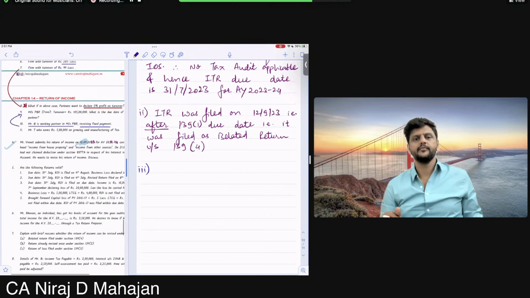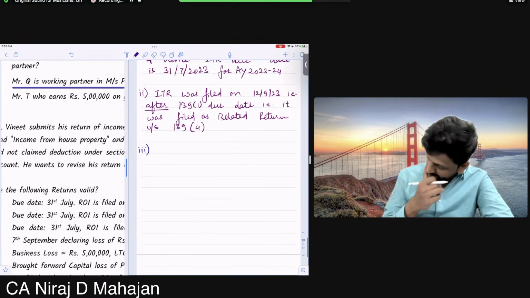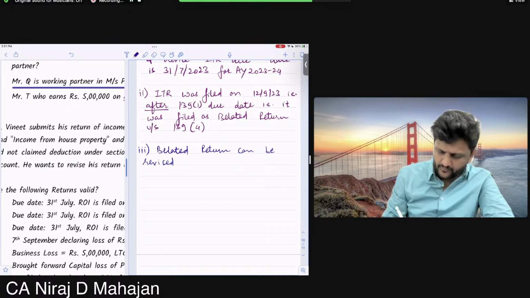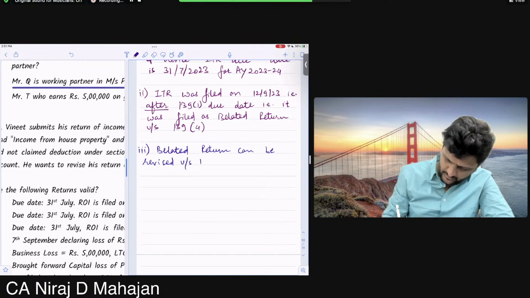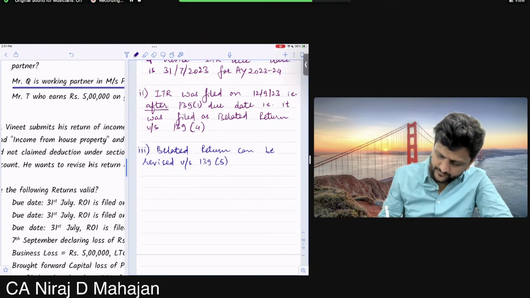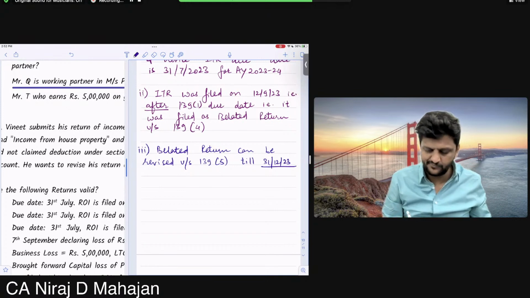and then later on, bachcho, he realizes there is a revision to be done. Revision is allowed, bachcho, but only up to 31st December. Okay, so write down. Belated return can be revised. Belated return, bachcho, can be revised under section 139(5), right? Till 31st December 23, right? It can be revised, but